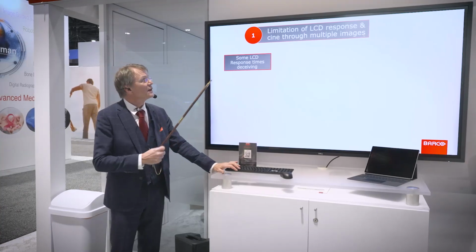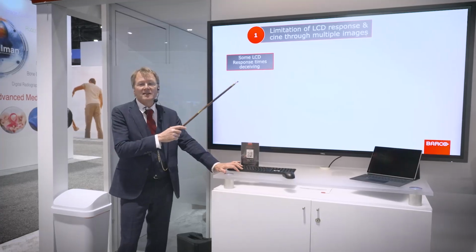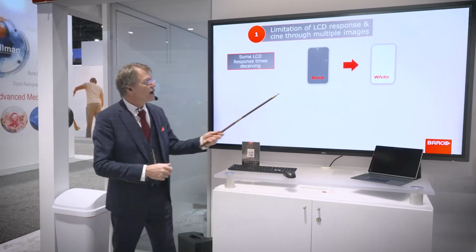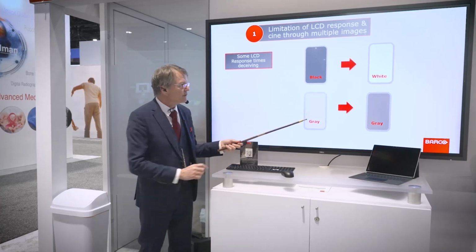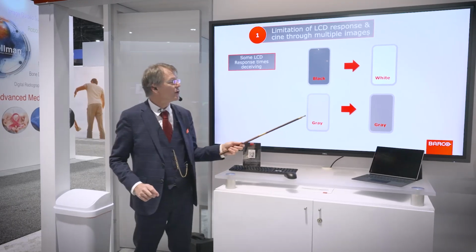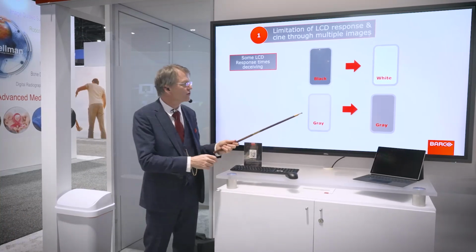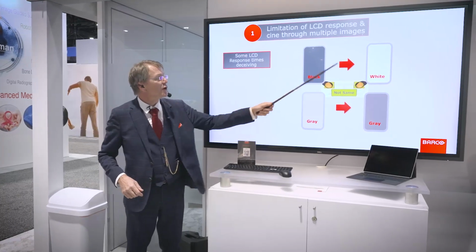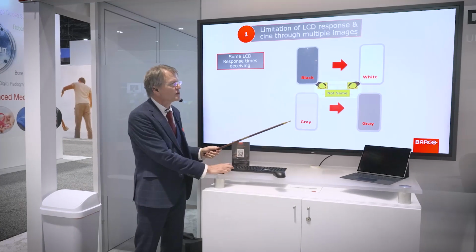So looking at the LCD response, we have LCD response times, right? People publish these, but they can sometimes be deceiving. They're often talking about the speed when going from black to white. But in fact, what we're almost always dealing with in the tomosynthesis cine is going from gray to gray. It's not very often that something is completely black or completely white. And these numbers are not the same. The speed of going from black to white, white to black may be one thing, but going between different gray values may be another.